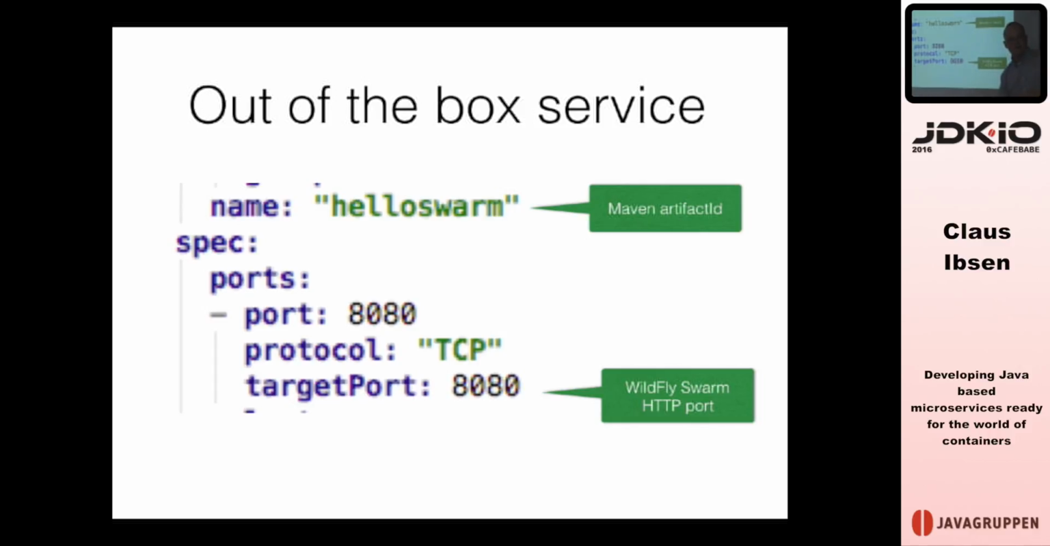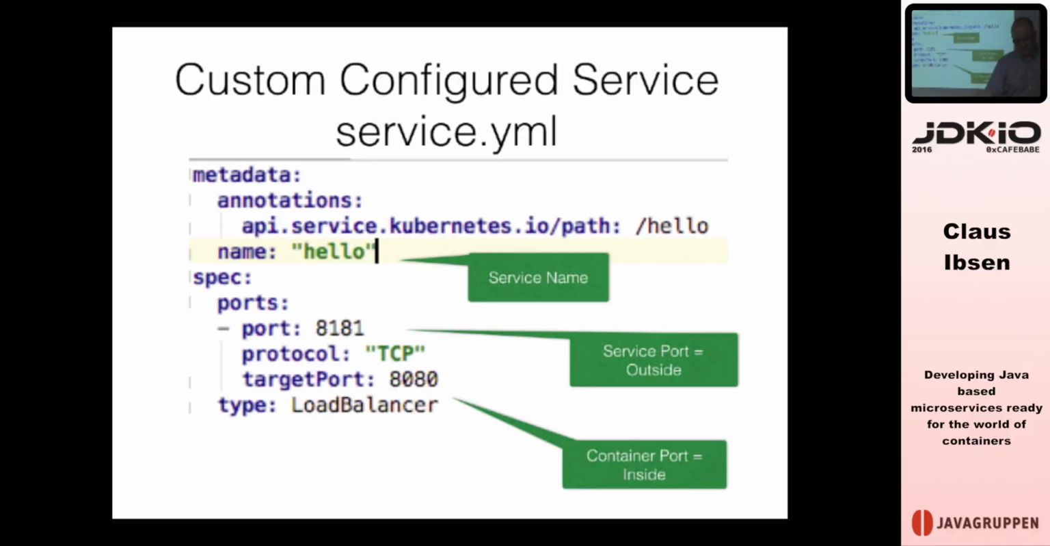So inside the container, that is the port number that WildFly Swarm uses and Tomcat uses and Spring Boot. Those are typically 8080. But outside, you are free to choose whatever you want. You don't have to use 8080. If you're a bit clever, you might want to use 80. Then it's easy for HTTP to call it. But you can choose any number you want. So just to demonstrate that,